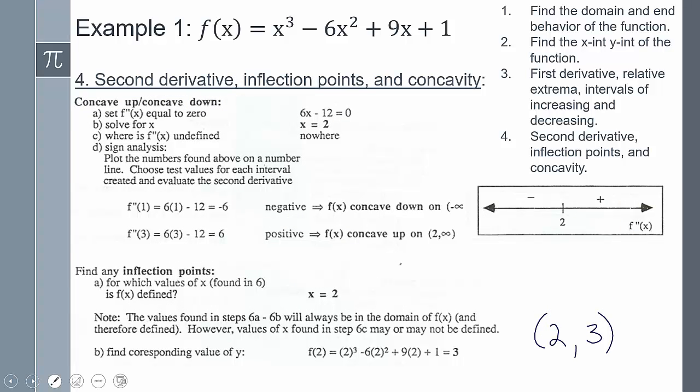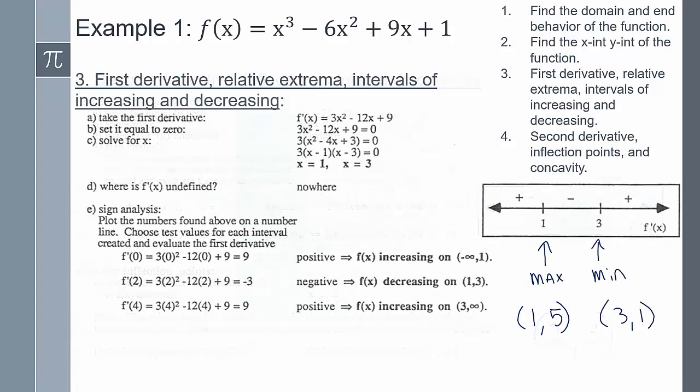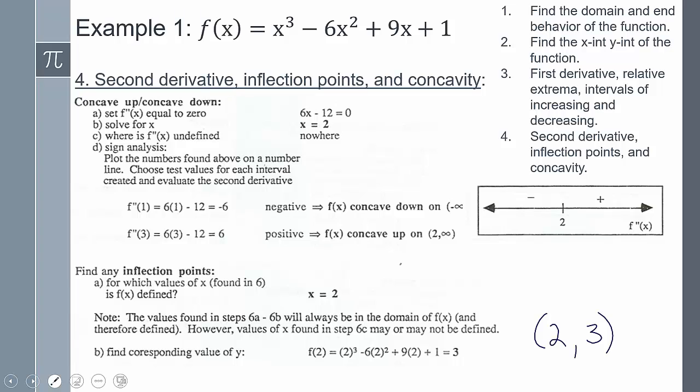The last little piece here, the second derivative. That means you take the first derivative, which is what we have here, and we find the derivative of that again. And so when we do that, we get this. Now to find the value for an inflection point, set it equal to 0 and solve. And so I can determine where it's going to be concave up and down, and then also find that inflection